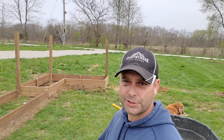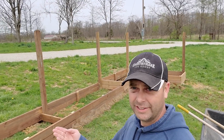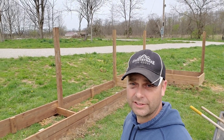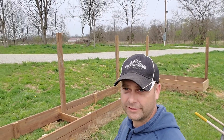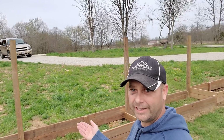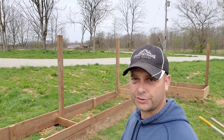So yesterday we started building our raised beds for our new garden area. It's going to have raised beds around the perimeter. It's also going to have a fence around the perimeter to help keep the wildlife out. And we're building it right here next to our house, so it'll be really handy for us to be able to walk out and take care of the garden